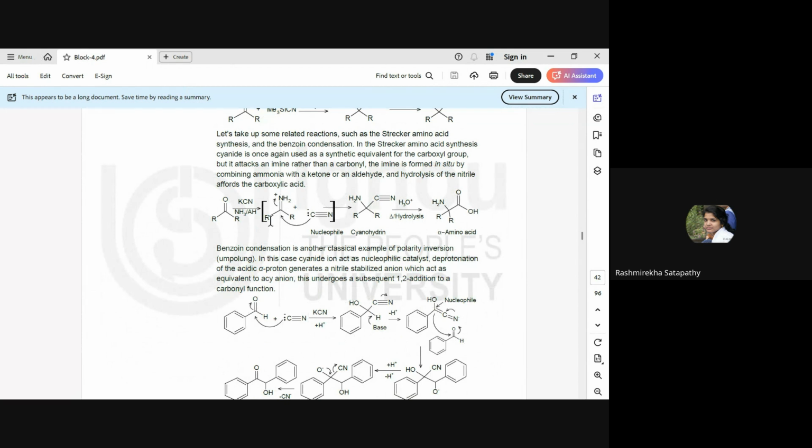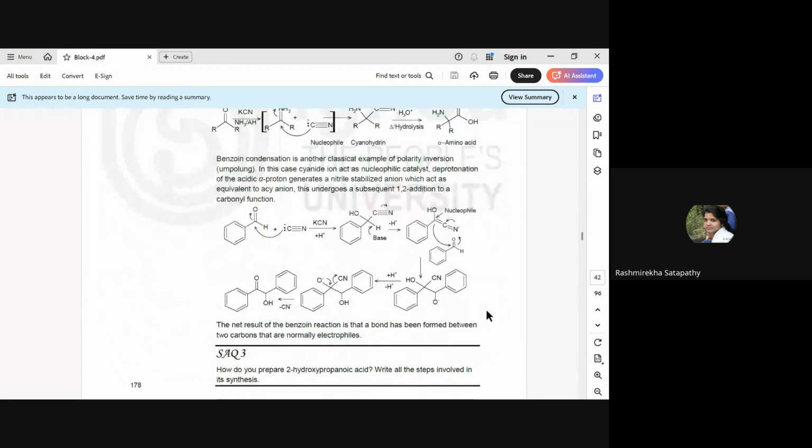In the presence of KCN and ammonia, the ammonia is attached here, this is a double bond NH2, and after hydrolysis, the CN group is hydrolyzed to the acid group, giving an alpha-amino acid. For an aldehyde with CN, the CN group is attached here and the base takes the proton. Then this compound is formed, and finally this compound is formed.